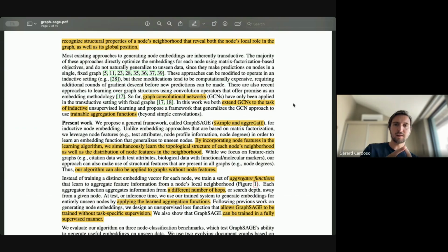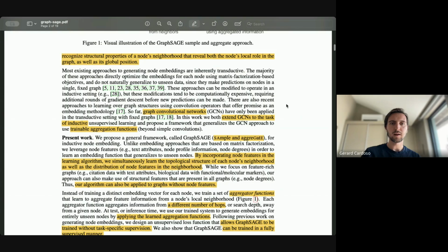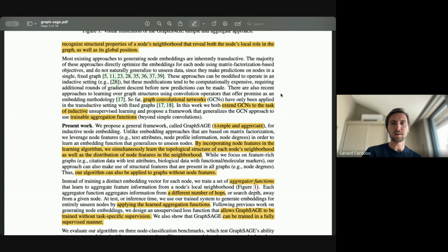But not only that, you need to be able to do this efficiently. As graphs evolve, you want to learn these embeddings efficiently to do, let's say, online prediction on new kinds of nodes that come into the graph. And for that, you need to make sure